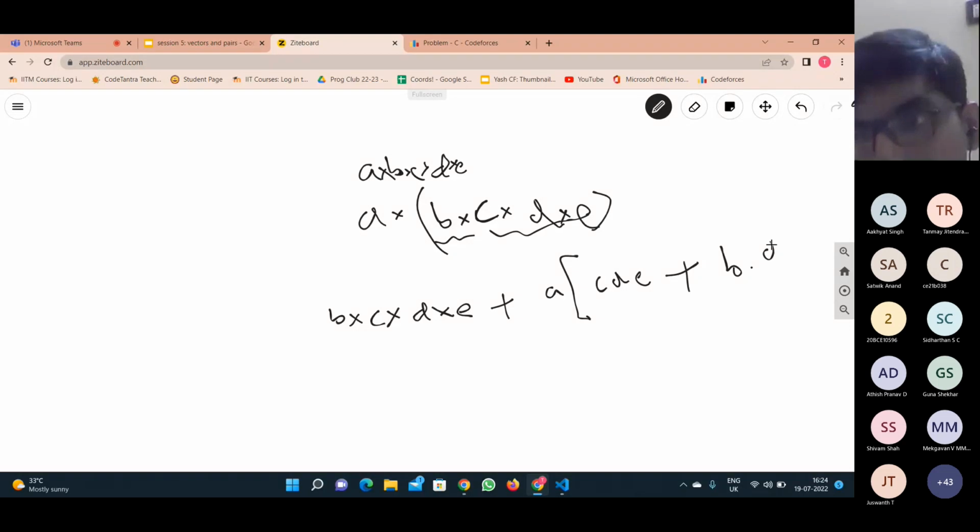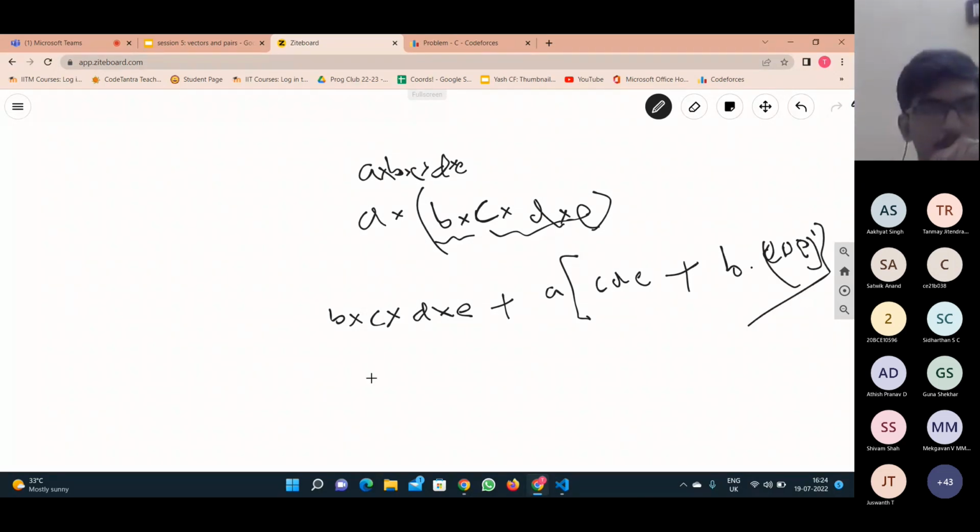So I'll just write it as CDE whole prime. Now, when you expand this, you can observe that the number is B into C into D into E, plus A into C into D into E,